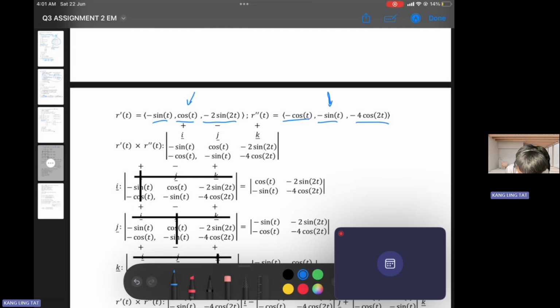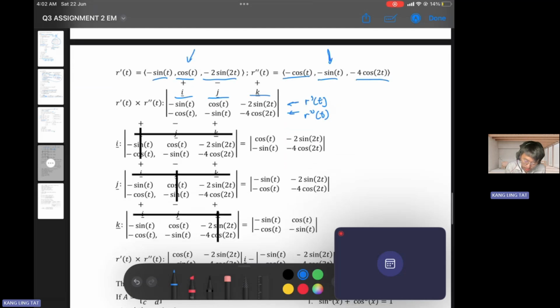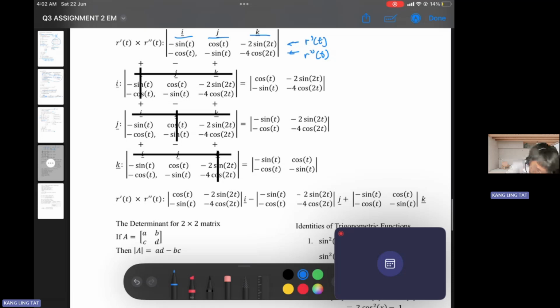So the first terms on top will always be i, j, and k. And the first row is going to be our first derivative. So here is going to be our first derivative, the coefficients, yeah? So here is going to be the second derivative of our vector function, okay? And then now we can find it based on the terms. So in terms of i,